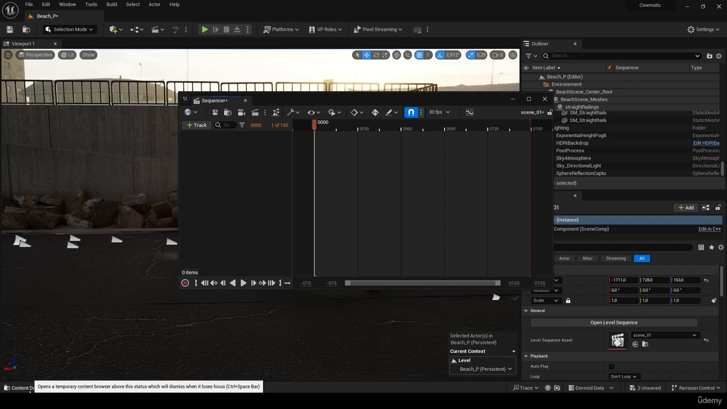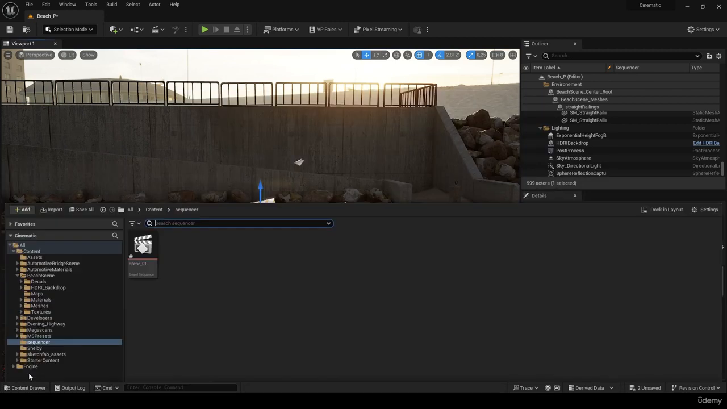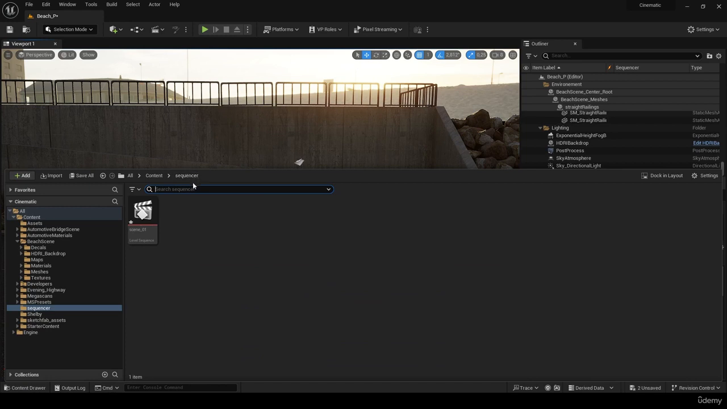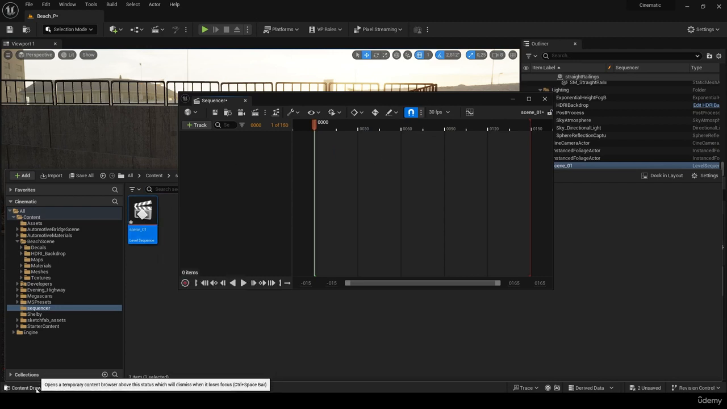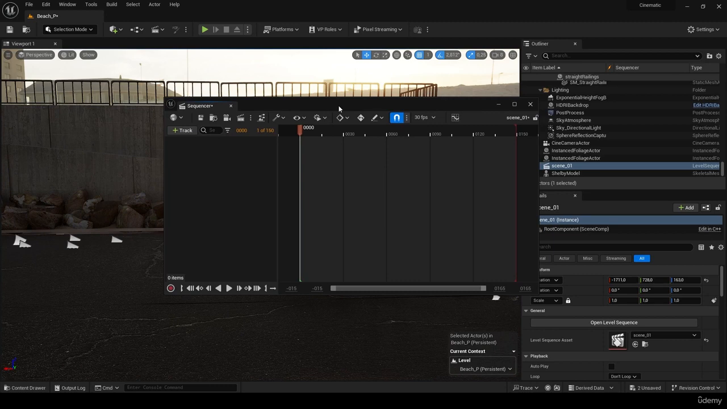So let's check here in the content drawer again to be sure. Okay, we're in the sequencer folder and we have scene 01. Okay, perfect. Now let's open it and let's close the content drawer. And here is our timeline. Okay, so our timeline is starting from 0 and it's ending at